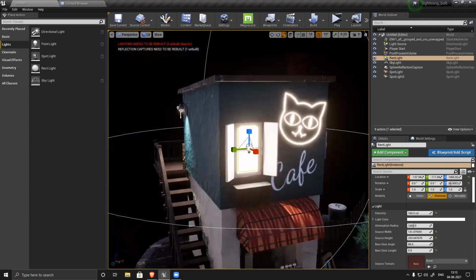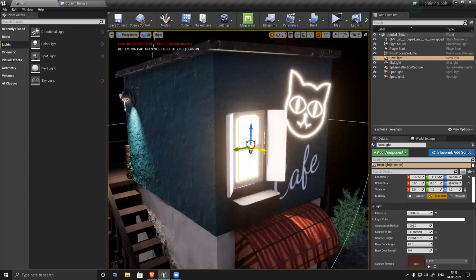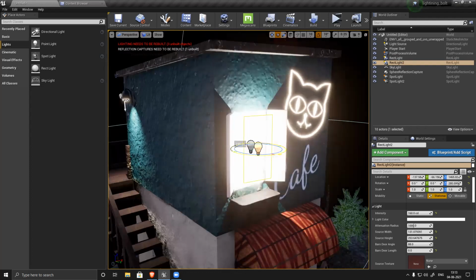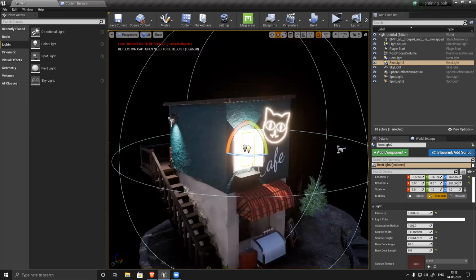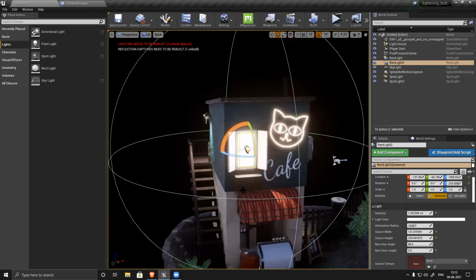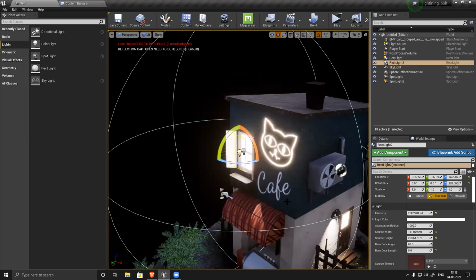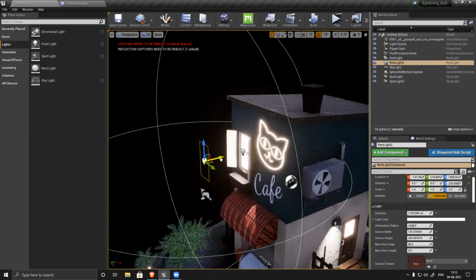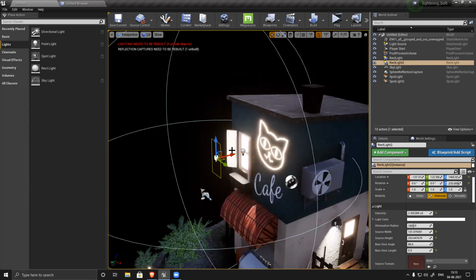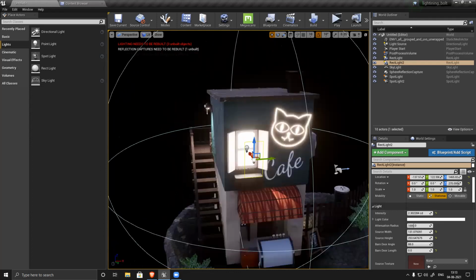And this part is really bright, so I'll duplicate the light and invert it, so it will cast that rectangular shape. And for this, I'll reduce the intensity, because I don't want to overshoot the light and make everything burnt, right? I don't want that. So you have two different lights. If you want, you can move it slightly, because lighting is all about creating illusion. So it's like this. I can generate this.